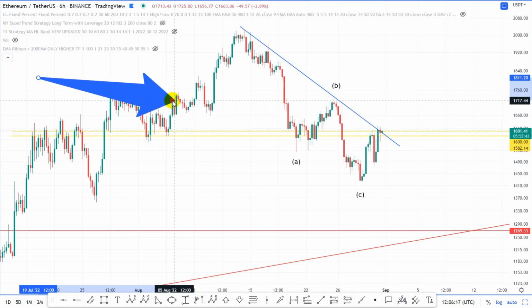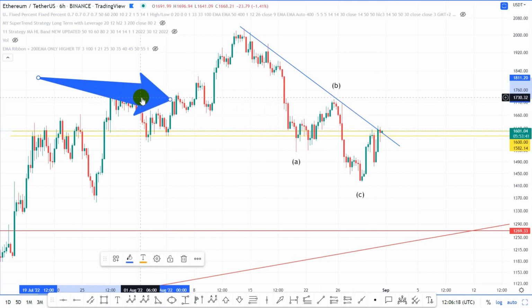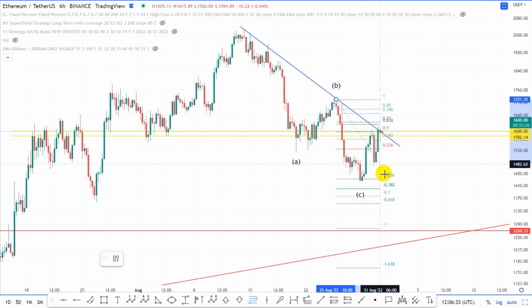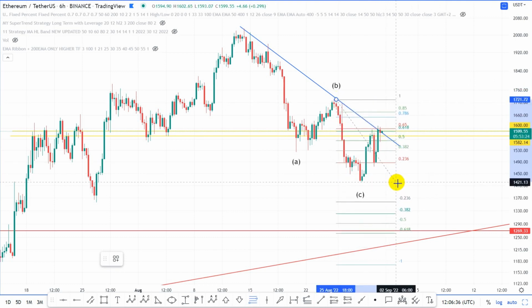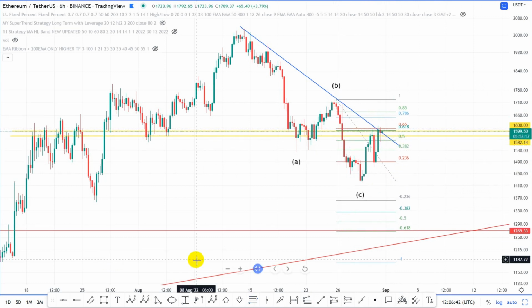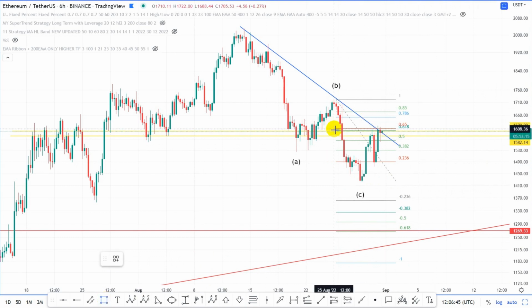Now, what's the next thing? Next, we will go into this structure, well, actually this last fall, and we will look at one of my favorite indicators, which is Fibonacci retracement. We go from the swing high into the swing low, and no wonder the price is getting so much tension here, because as far as you can see, there is a golden pocket, which is a very high probability zone,